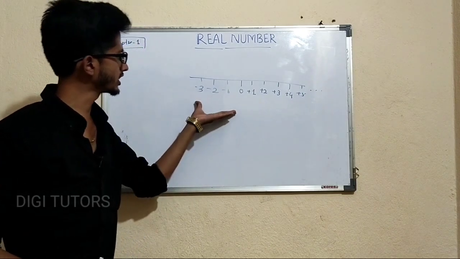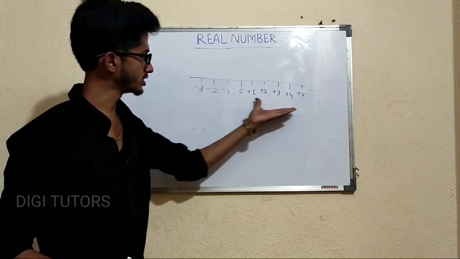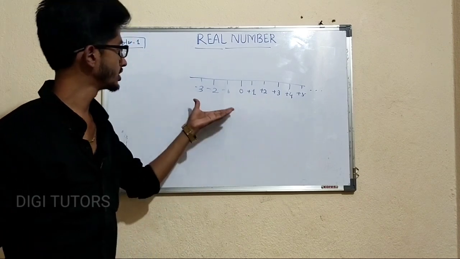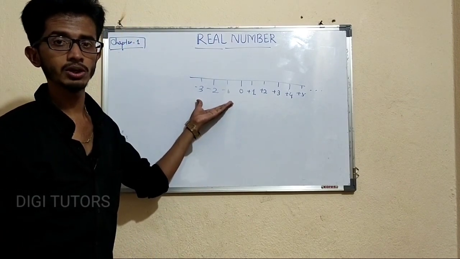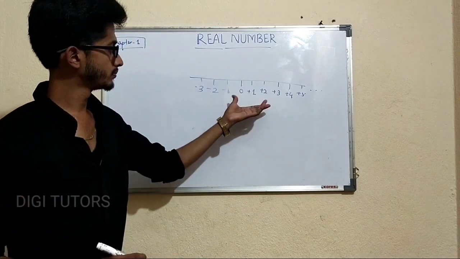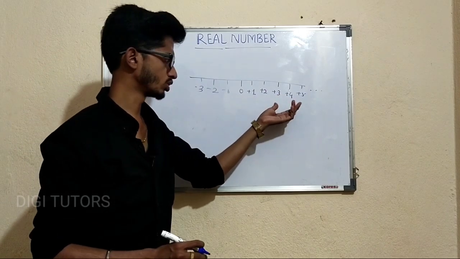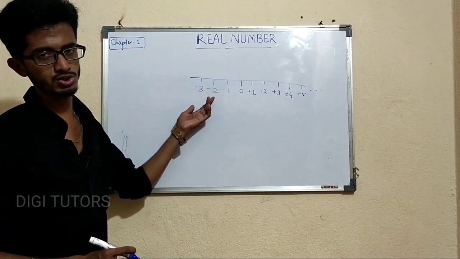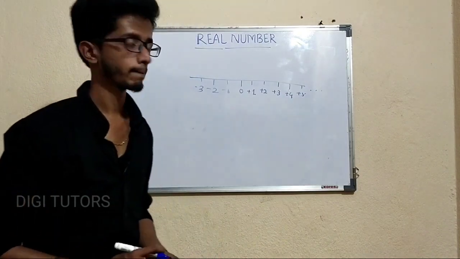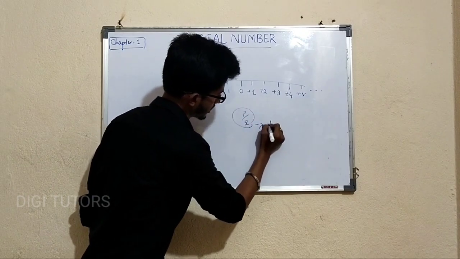The positive and the negative numbers are called the integers, okay? This one is your positive integer and this one is your negative integer, okay? And in between two numbers, suppose in between 0 to 1 or 1 to 2 or 3 to 4 or minus 1 to minus 2 or minus 2 to minus 3, there are lots of numbers also, which are in the form of p by q, that is called your rational number,